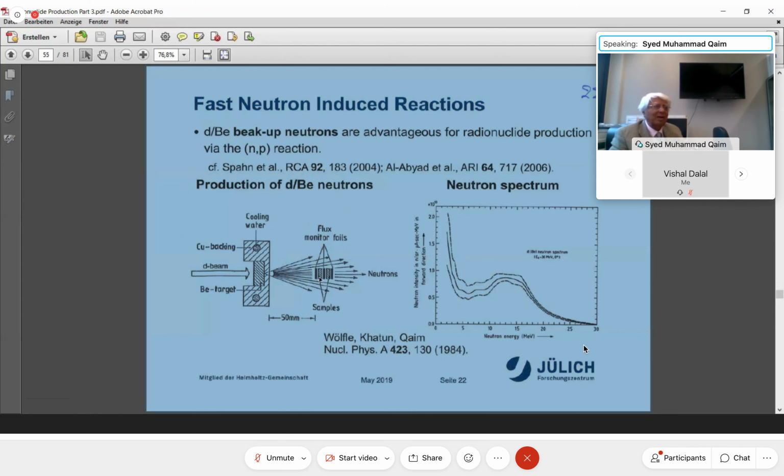The question is, what will you get? Which product will be there? Will it be more N-gamma reaction, or will it be NP reaction, or N2N reaction? Well, it has been shown by some studies done in our institute and elsewhere that this type of reactions are very suitable for NP reaction. Neutrons come in, protons can go out. There is a threshold, and if the proton goes out, then the product is formed, and this product is carrier-free.